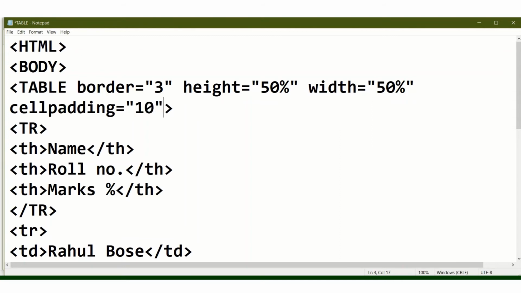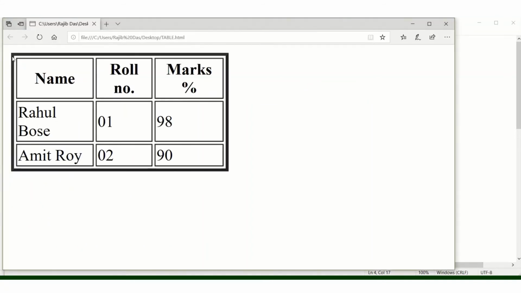This is the cell padding. So what is cell padding? Cell padding means, see the output, this is the edge of the border, the edge of the cell, and the cell content space. This is the cell padding. The space between the cell and the cell content is called the cell padding.